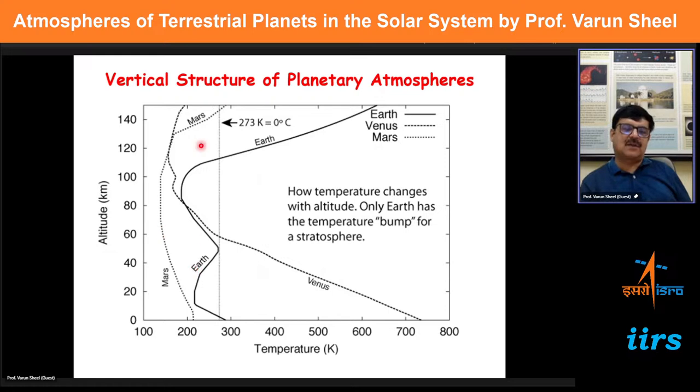So if you see something like this, you know that it is Earth's atmosphere, something like this is Venus, and this is Mars. So basically, how does it characterize? You see here the surface temperatures at the ground, and these are the temperatures when the atmosphere is present. Otherwise, they would have been lower. So this is what I showed you earlier.